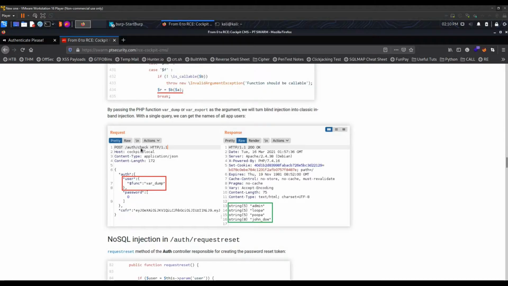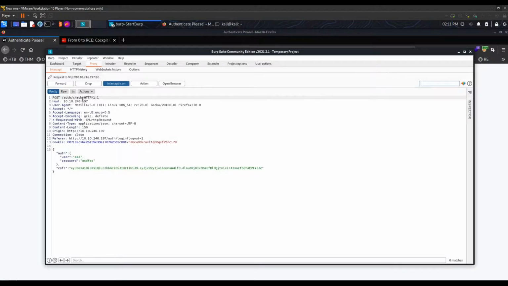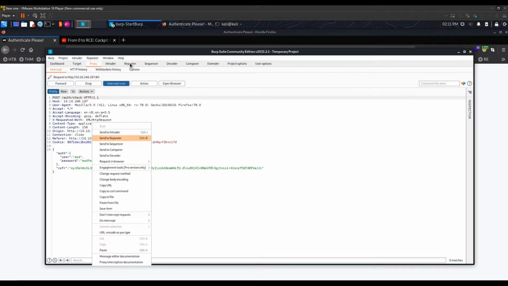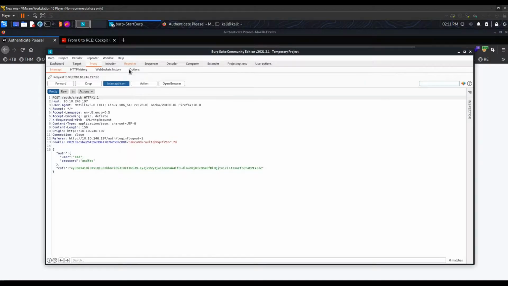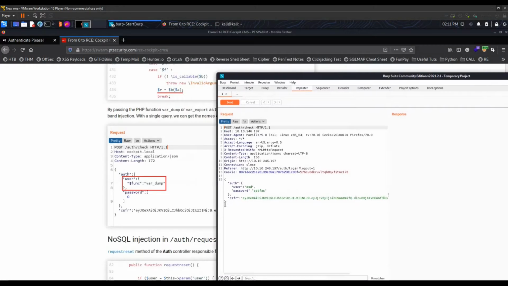So we have to go to the auth check. So first of all, let's catch our request in Burp Suite, authenticate, and we have it, auth check. Alright, send this to Repeater, and turn off intercept, and we have it right here. So just follow this user, and in front of user we have brackets and then